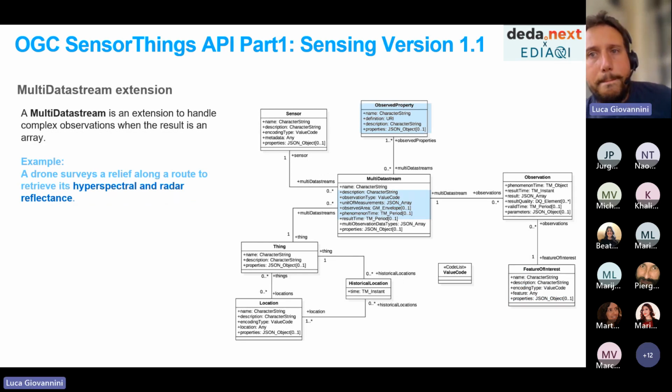Version 1.1 introduced this improvement, I shall say. That's the idea of multi-data stream. All the structure remains the same, apart from the fact that with multi-data stream, you're able to handle time series where the value is not a scalar value, not just a single measurement, but a set of measurements.